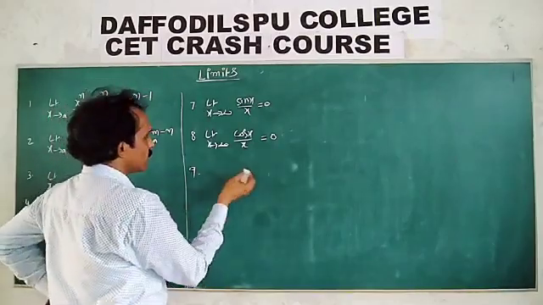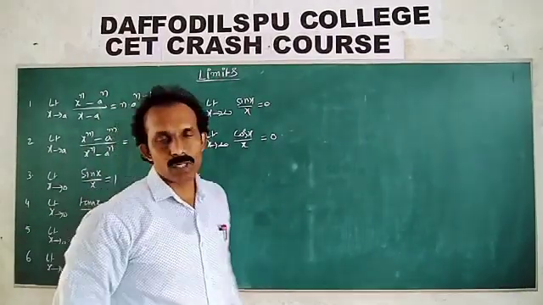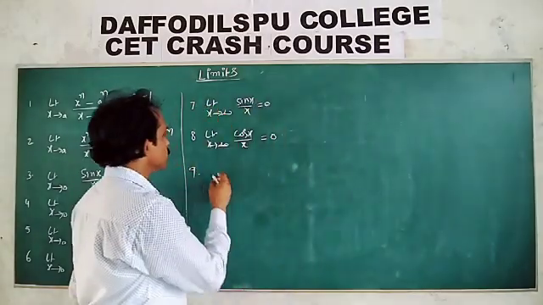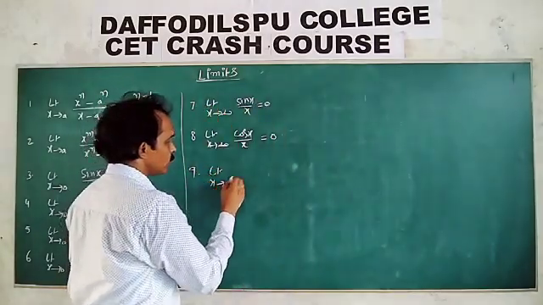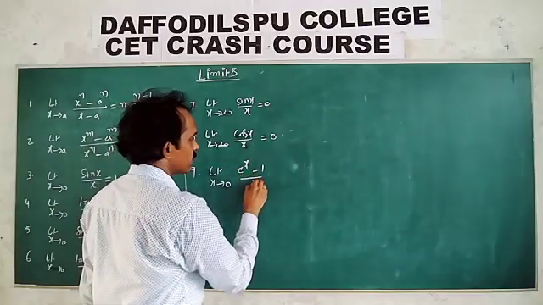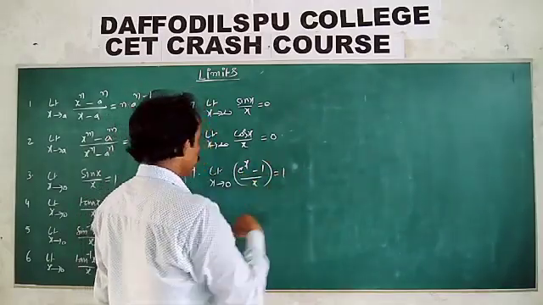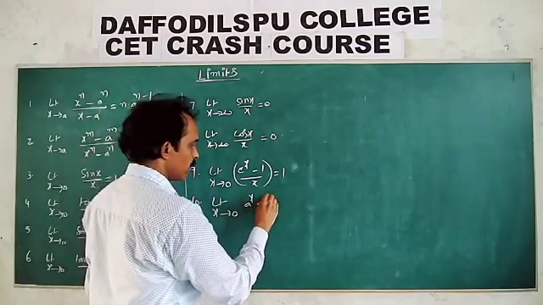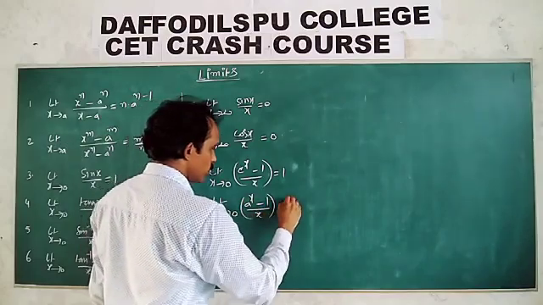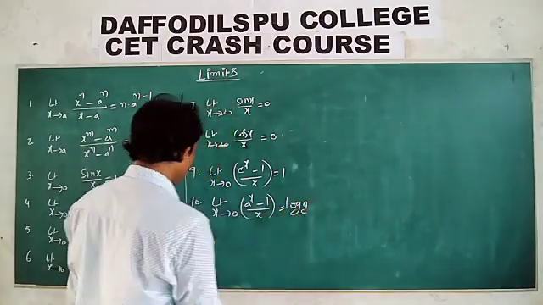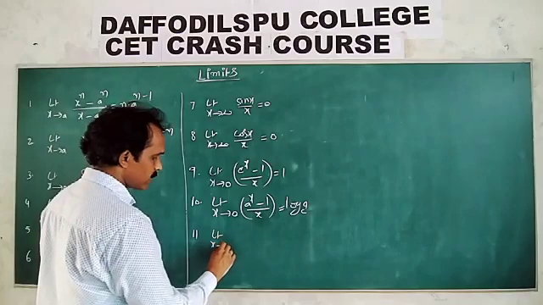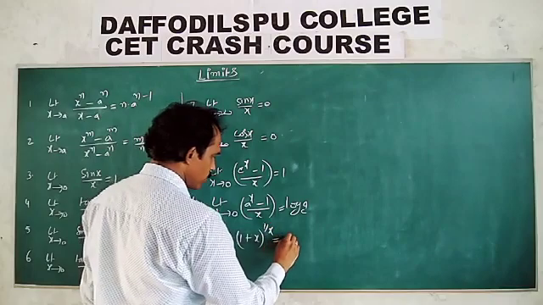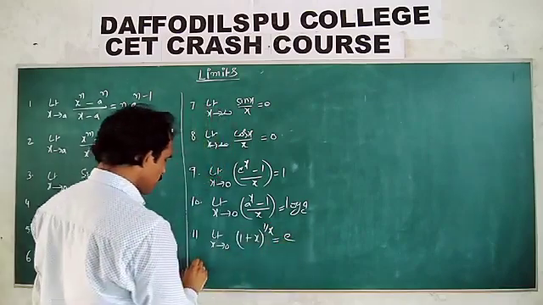Next, at the back of your first textbook, in the supplementary material, some formulas are also there. Limit x tends to 0 e power x minus 1 by x is equal to 1, limit x tends to 0 a power x minus 1 by x is equal to log a to the base e. Next, limit x tends to 0 1 plus x whole power 1 by x is equal to e, and